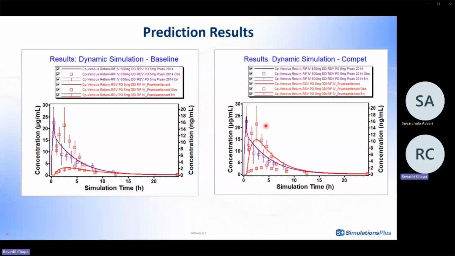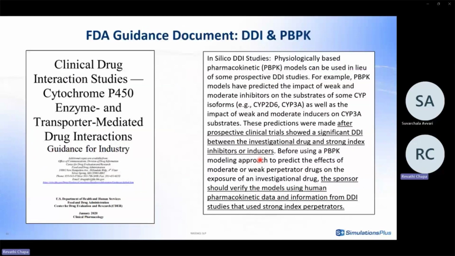But when we see a full dynamic simulation, because we have selected certain inhibition towards OATPs and BCRP, we do see some effect because of that. We see an increase in the plasma concentrations because the transporters which are primarily involved in the disposition of rosuvastatin are now inhibited. So we do see an increase in DDI ratios. Okay, so that's the introduction to our GastroPlus DDI module interface. You can get complete information by referring to our GastroPlus manual.